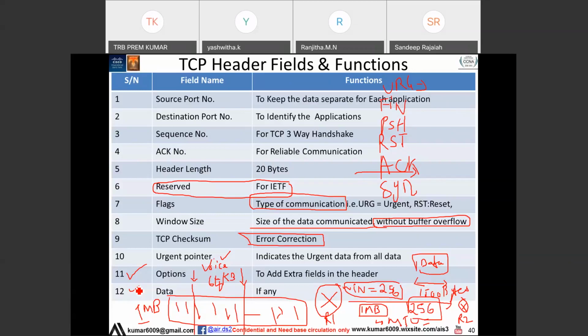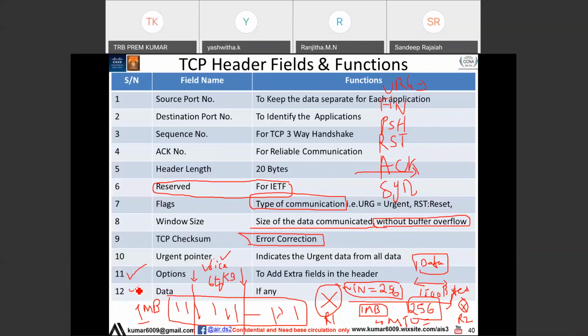The urgent flag tells you, when there is a mechanism called QoS, quality of service, I want to understand whether this data comes under quality of service or not. There are different methods. You have to see DSCP. There is one field in the IPv4 header. In the next topic we'll see the IPv4 header. There's a field like the DSCP field, which we call the QoS field, type of service or quality of service field. There you can see the DSCP value. That is one method.